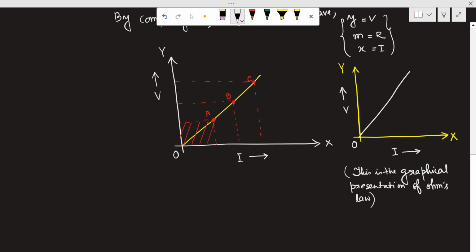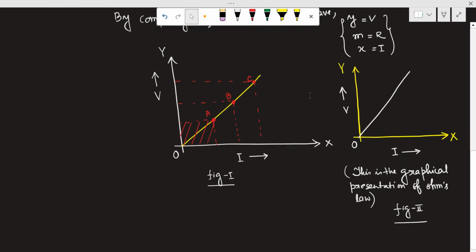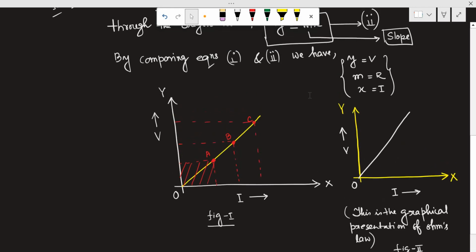This figure is necessary to understand the proportional relation, and this figure is specially for examination purpose. Both are important, but the second one is important for examination. So now the question is,